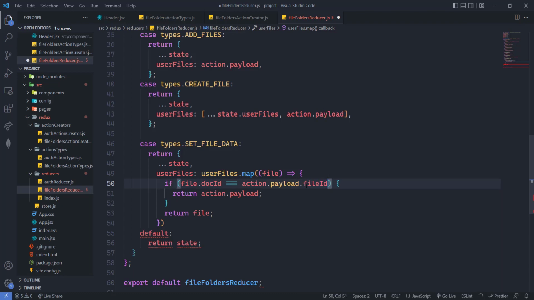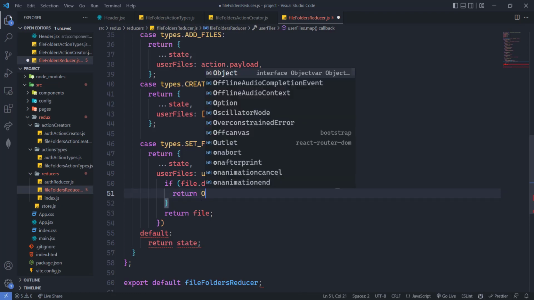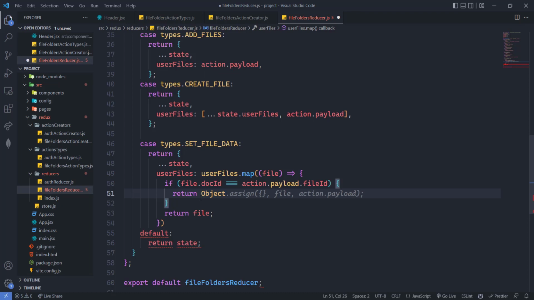Because we have passed file ID in the payload, we are going to assign the object. So here we are going to write return Object dot assign,